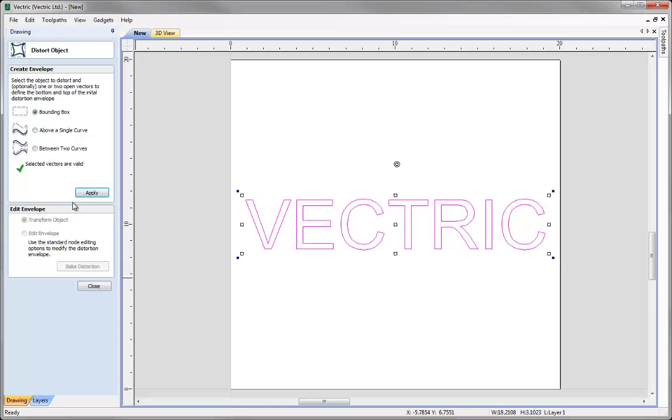So I can see that the first option that it gives us is the bounding box option, and it's actually given us a tick to let us know that the selected vectors, or our text that we've got at the moment, is valid, and we can go ahead and start the distortion. So I'm going to simply click apply, and you'll notice that it's given us a bounding box around our text. Now this bounding box works in the same way as any normal vectors, and as you can see we've got the node points up at the moment and our midpoints,